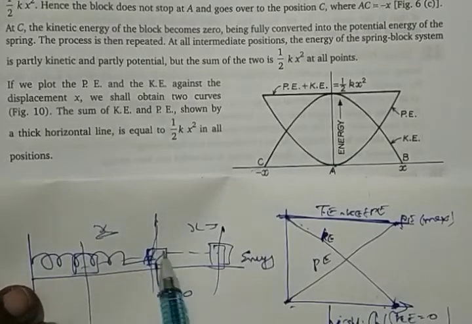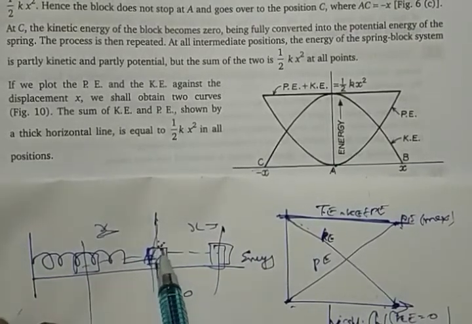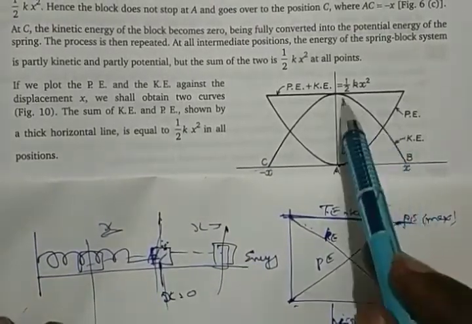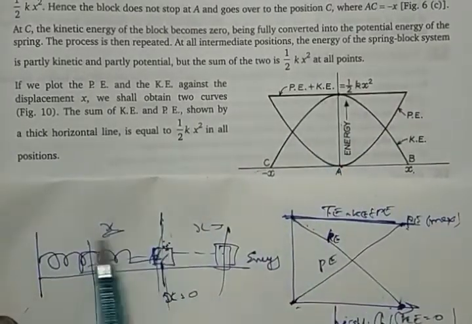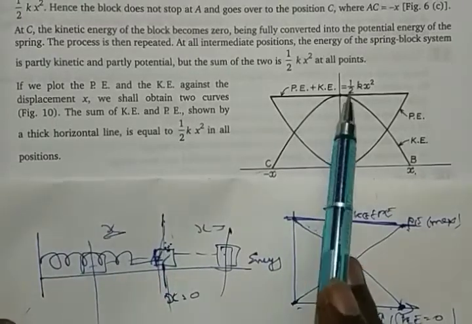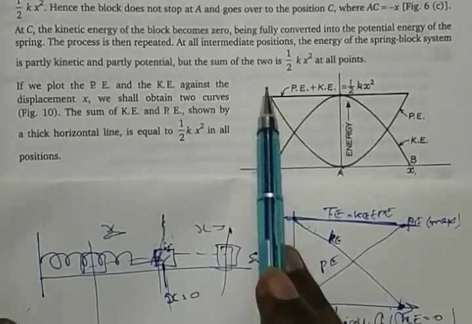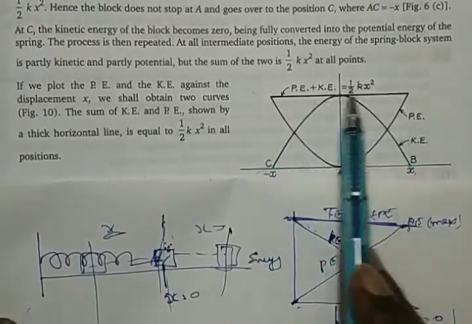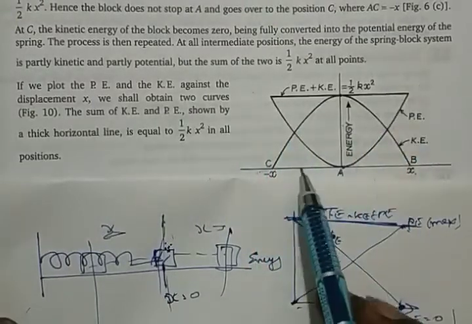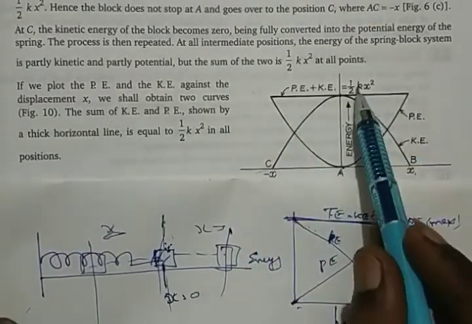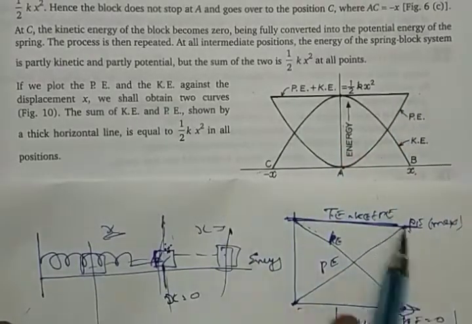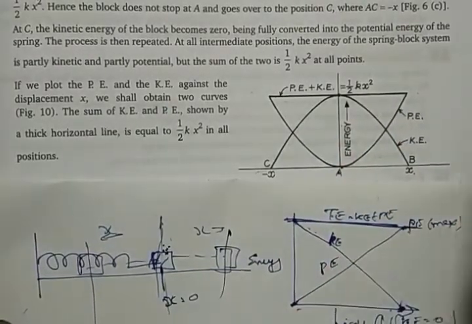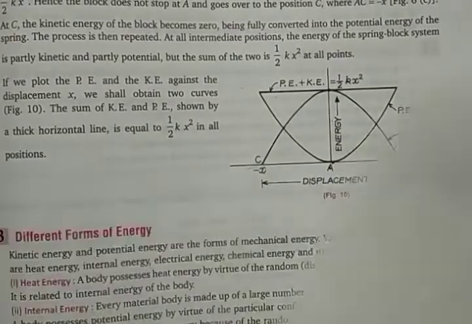The kinetic energy is very much higher in the middle position, and that's what it is at the top. It comes here like this. And the next part is in this position from here to here. So it comes like this and it also goes like this. So this is the total energy. The top line is the total energy, right? So half kx square is going to be the total energy all the time. So that is the kind of energy conservation. You need to explain this one also, how it becomes.